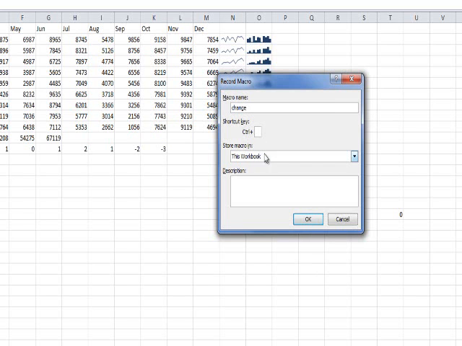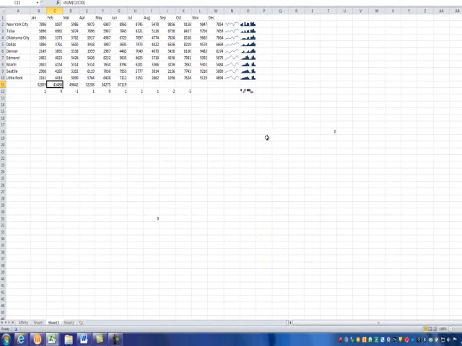We'll go ahead and leave it without the keystroke and hit OK. And now it's recording. So let's say we go down here to summary, and then you hit stop. Oops, you got to get out of that. And then you hit stop. Sorry. So what's going to happen is anytime you run that macro, it's going to change this